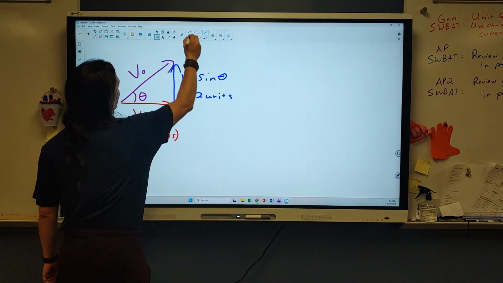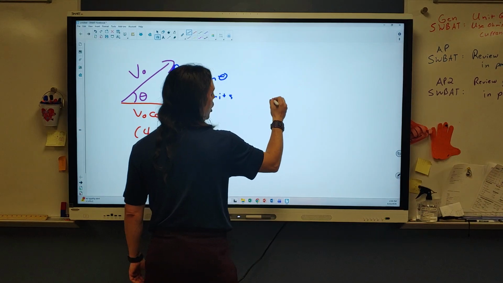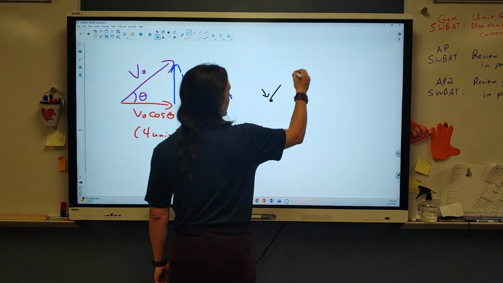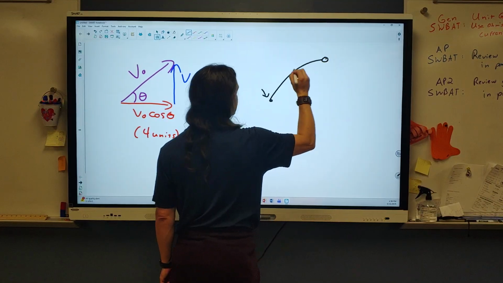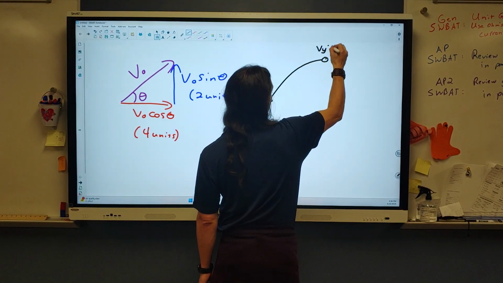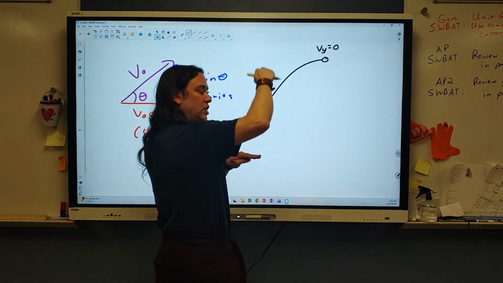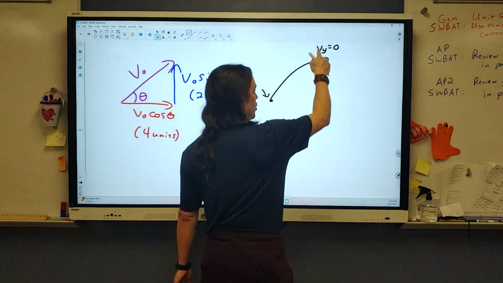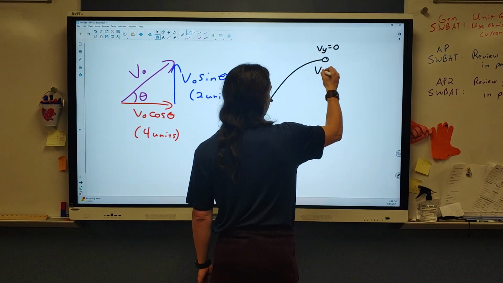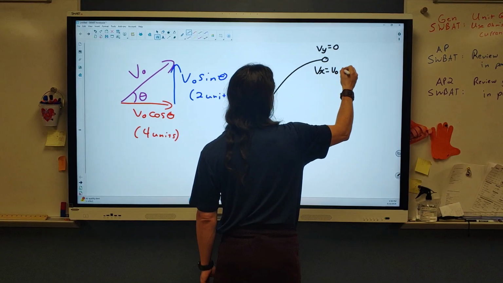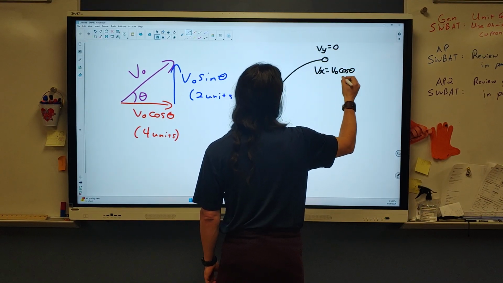But here's the thing. They're giving you this information at launch, which is here. And then it flies up into the air, and we're being asked about up here when it is at its apex. Now at the apex, our velocity in the y is actually going to be 0. It stops going up and starts going back down, so our velocity for the firecracker in the y is going to be 0, but our velocity in the x is still going to be v0 cosine theta,